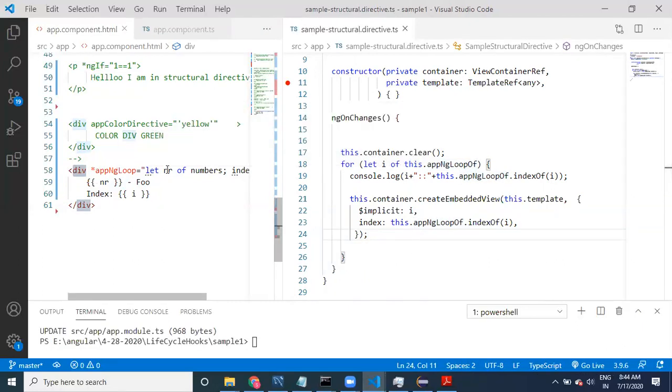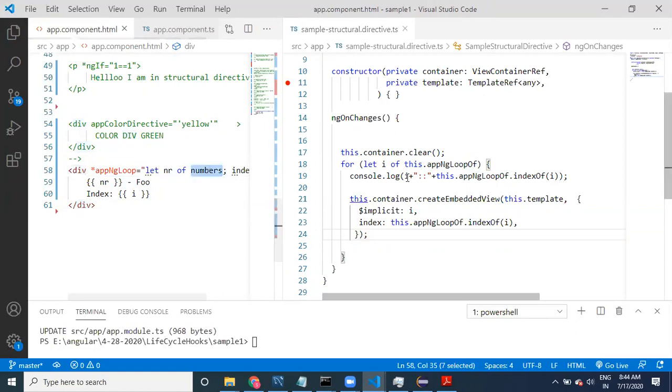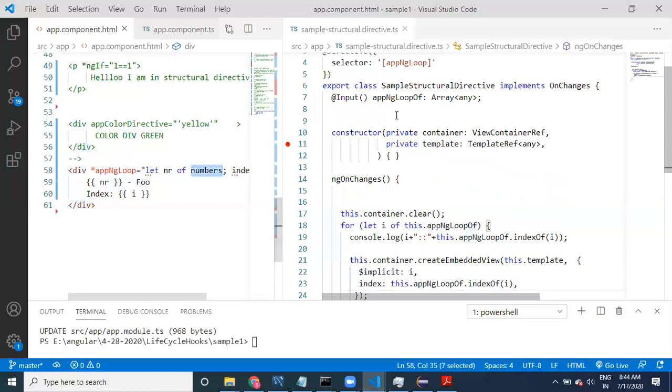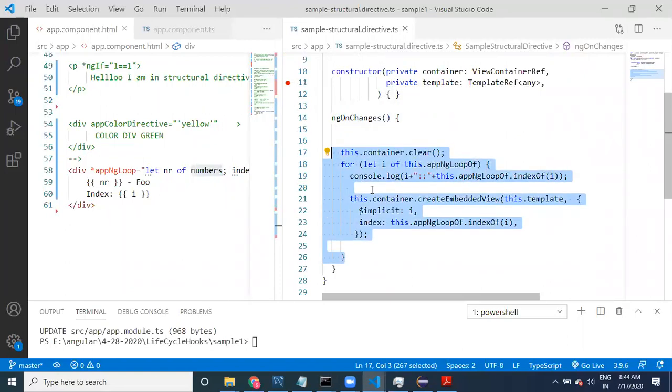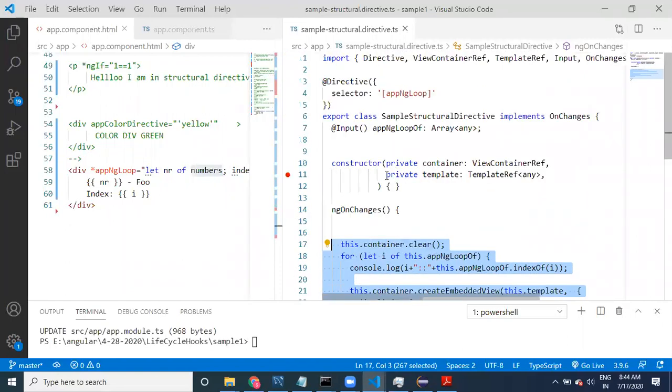When we have this kind of structure, let's look at it. Numbers, right? We'll be taking numbers here. Number values are going to be provided in this, and we are looping here. ngOnChanges. Why we have taken ngOnChanges means we have to execute this logic after the property is set. After the input value is available, only then can we do it.